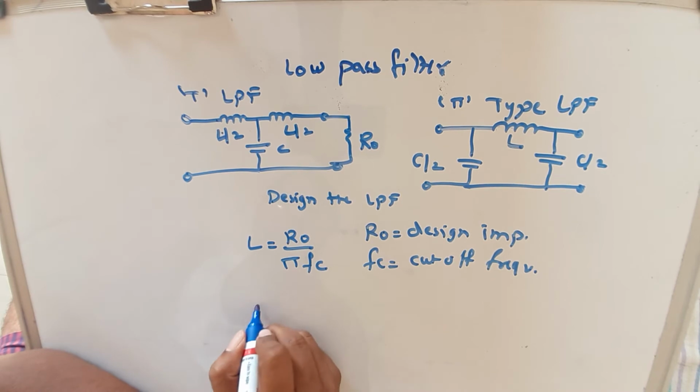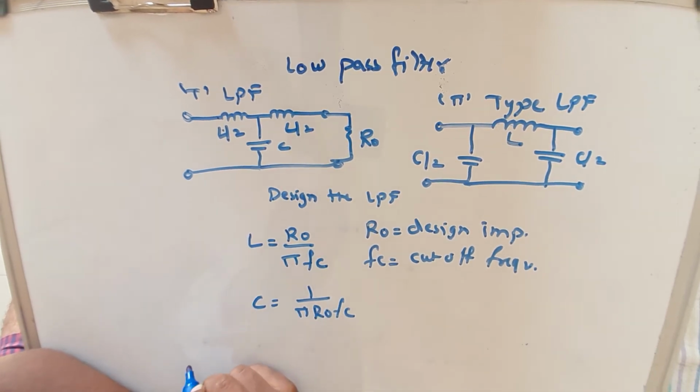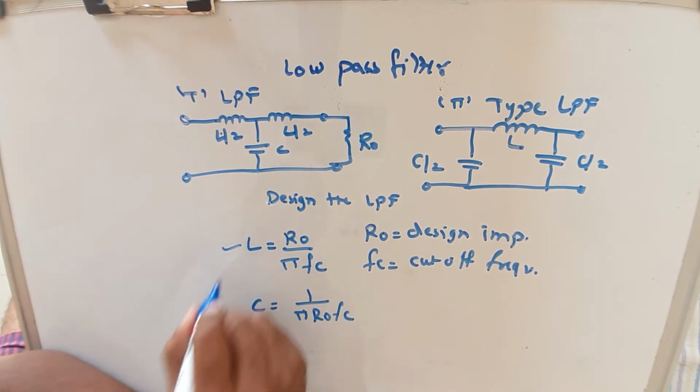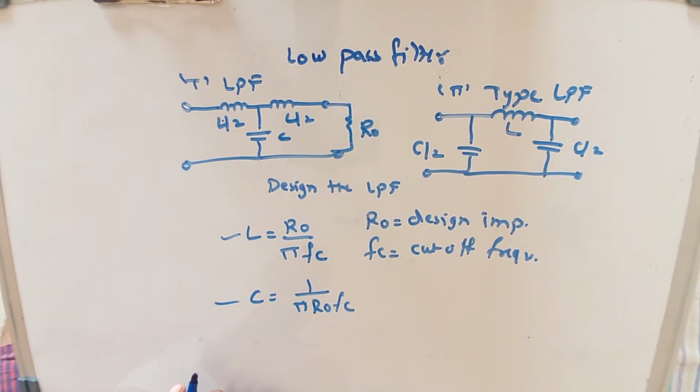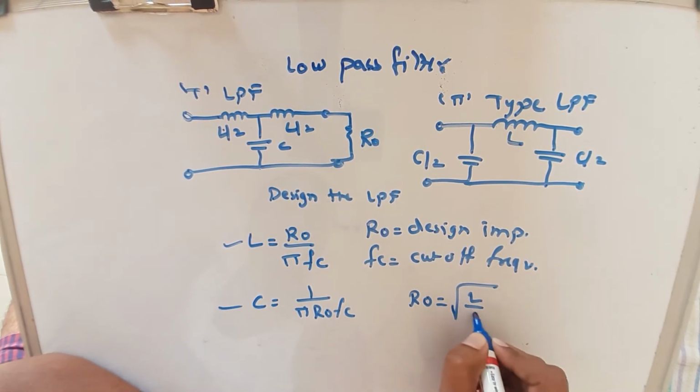Similarly, C equal to 1 upon pi R0 FC. These are the two formulas for low pass filters, and R0 equal to under root of L by C,